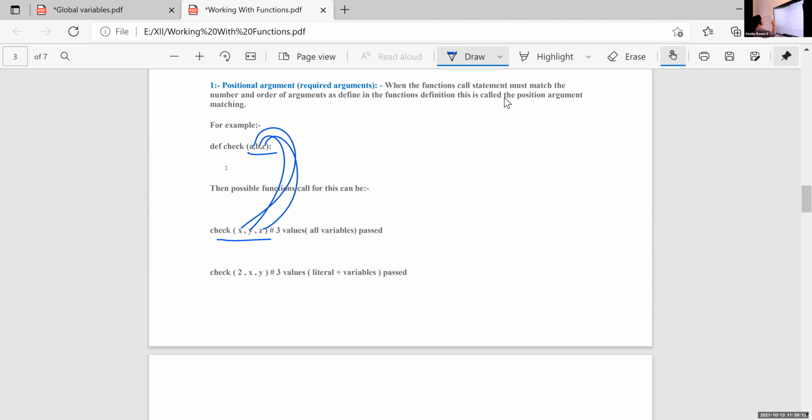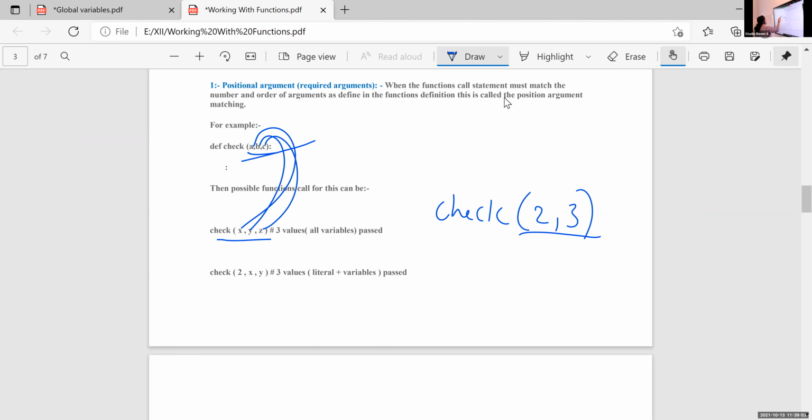If I am using this function definition, and I call the function like check 2, 3, is it valid or invalid, Achyut? Valid. It's not clear, Achyut? Is this one valid for this function definition? No, ma'am. One more is needed. Correct, Achyut.